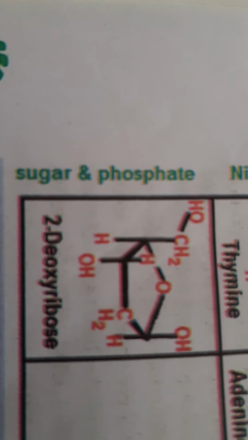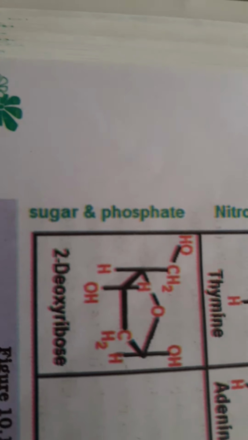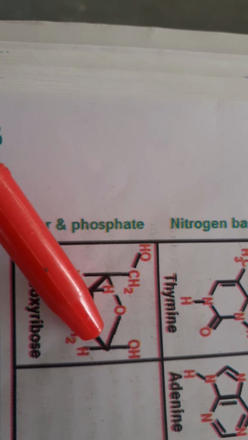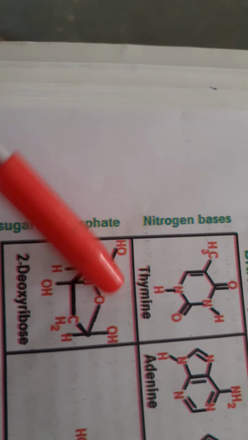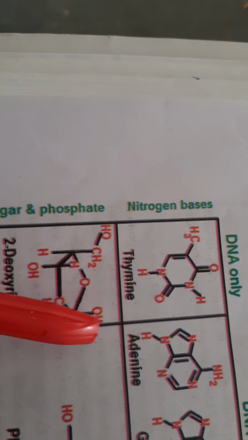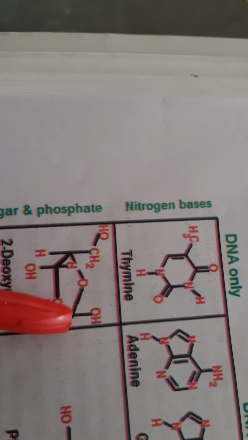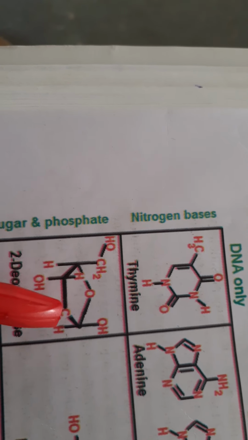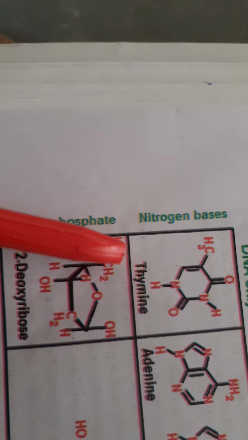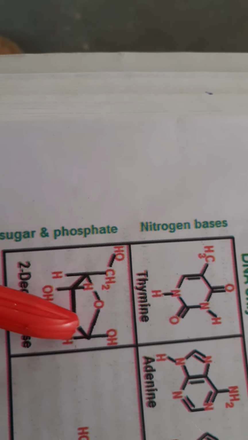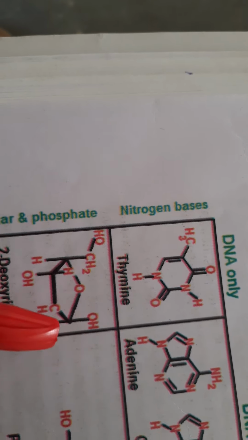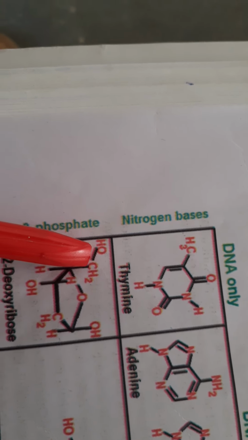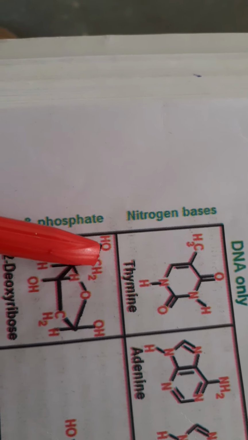So see here, this is the pyranose ring structure, ribose structure, where you can find the presence of OH at the top, at the first carbon. This is the first carbon. This is second carbon, this is third carbon, this is fourth carbon and this is the fifth carbon. So can you note 5 carbons? In this ring-like structure, you will find OH is present at the upper position and here also in the 5th position it is present attached to the CH2.